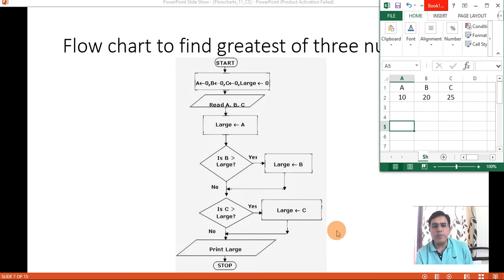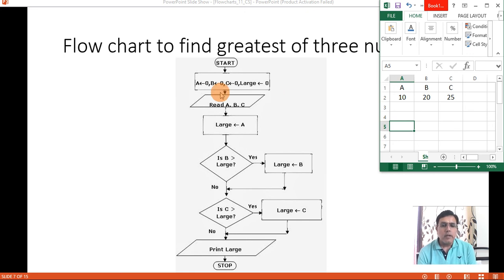Otherwise, if you go as per the previous logic, your flowchart will go on increasing with n number of branches. So this is the simplest logic to find the greatest of 3 or more numbers, right? Even to find the greatest of 3 numbers, this logic can be used. It can be used to find the greatest amongst more than 3 numbers, right?